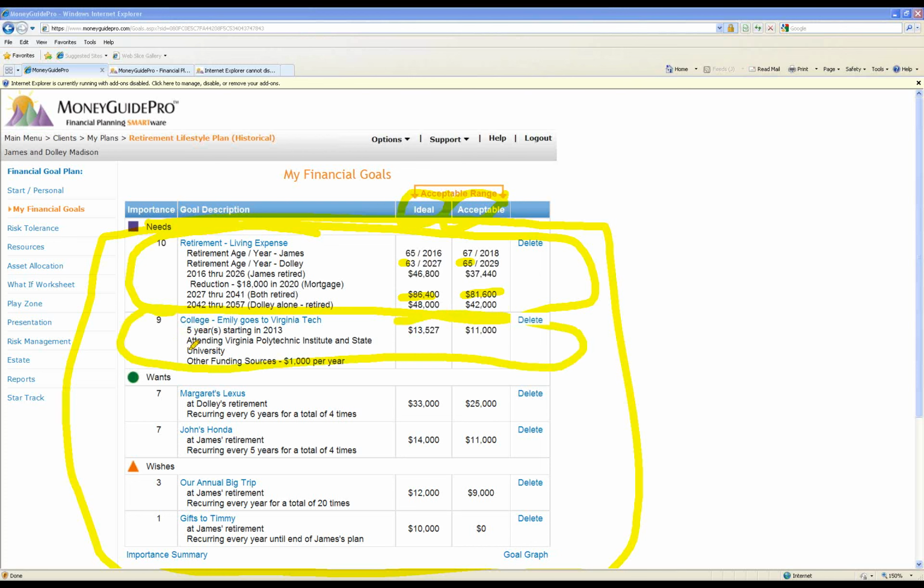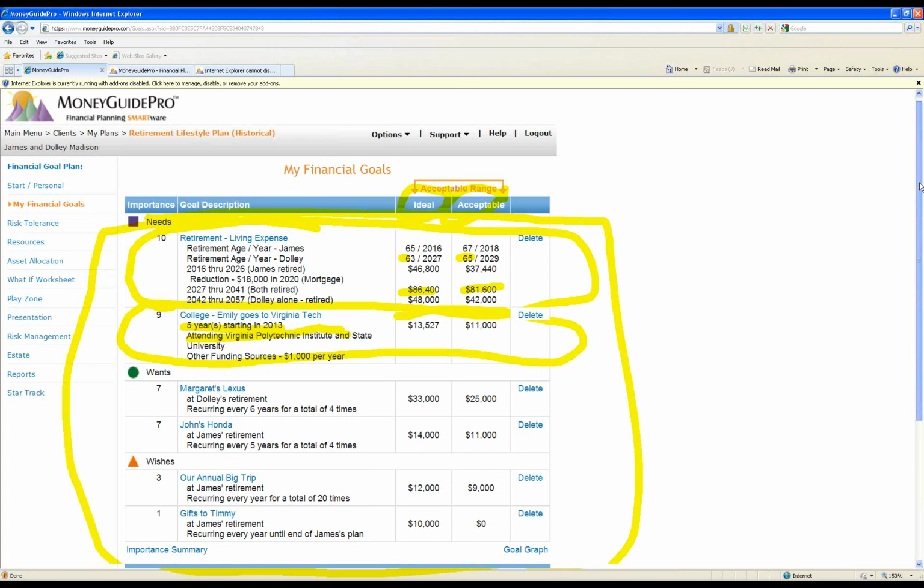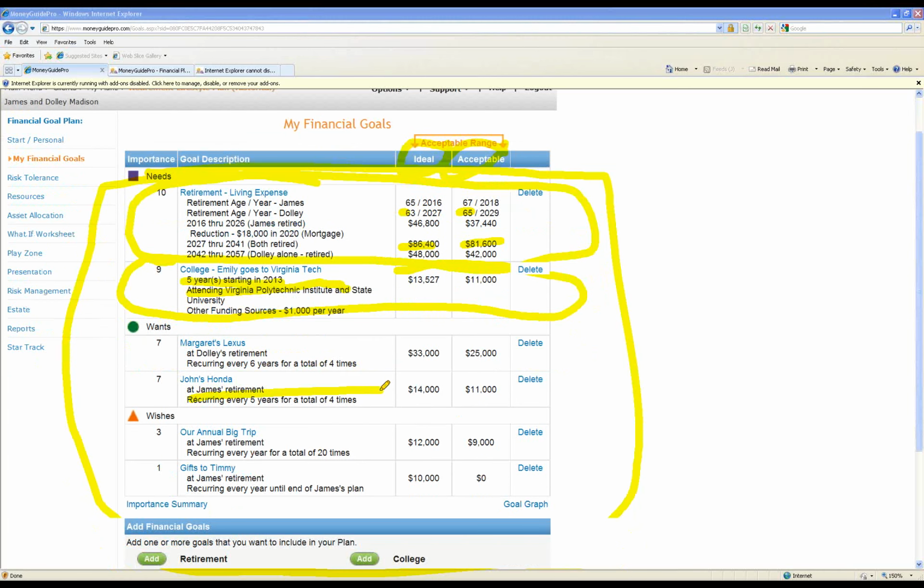I brought in a college goal where I'm funding the kid to go to school for 5 years at Virginia Tech. We are able to pull in all the costs for pretty much any school in the country. And the other thing that I have here are various goals, like a car goal happening every 5 years. I have travel happening for the first 20 years in retirement. So when you end up looking at, say, a